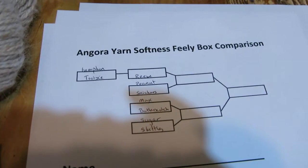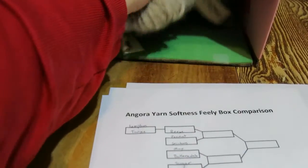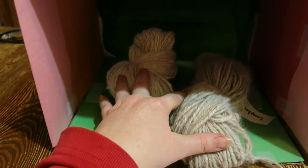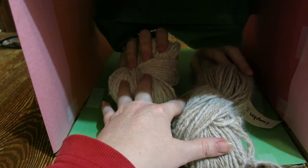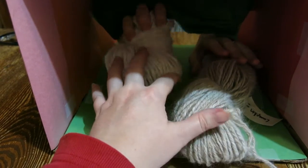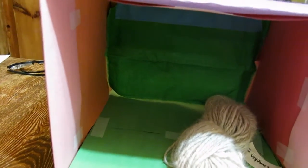This is the order that this one is going to go in. So these are the first 2 I put in, and he has to feel them and tell me which is softer. Go ahead and put your hands in there and tell me which one is softer. I think the one on my right. That one is softer? Okay, so this one is going to go into the next round